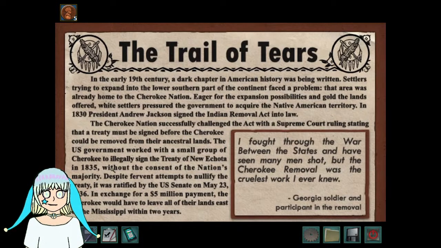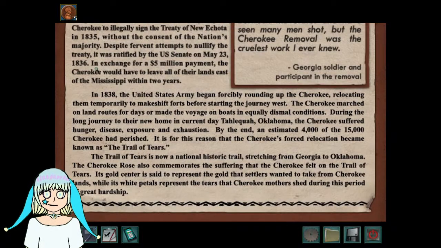The U.S. government worked with a small group of Cherokee to illegally sign the Treaty of New Echota in 1835 without the consent of the nation's majority. Despite fervent attempts to nullify the treaty, it was ratified by the U.S. Senate on May 23, 1836. In exchange for a $5 million payment, the Cherokee would have to leave all their lands east of the Mississippi within 2 years. In 1838, the United States Army began forcibly rounding up the Cherokee, relocating them temporarily to makeshift forts before starting the journey west. The Cherokee marched on land routes for days or made the voyage in boats in equally dismal conditions. During the long journey to their new home, in current-day